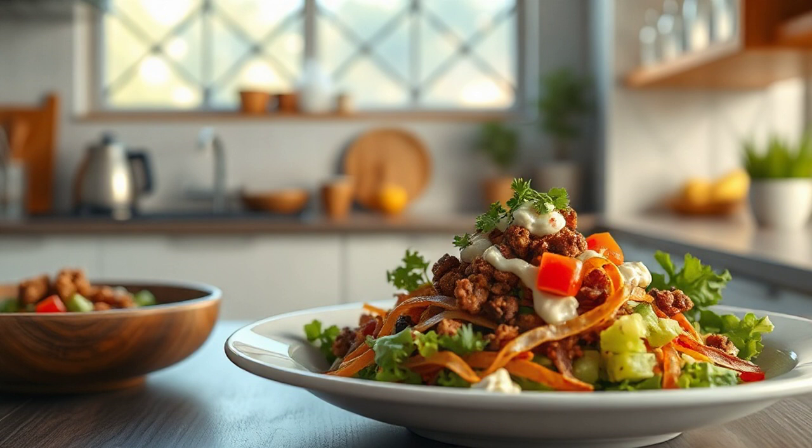Next up is a keto taco salad bowl that brings all the flavor of your favorite taco night without the carbs. This is perfect for work lunches because it's hearty, satisfying, and easy to pack in a container. You start with a bed of crisp romaine or mixed greens, then add seasoned ground beef cooked with cumin and chili powder. Top it with shredded cheddar cheese, diced avocado, a spoonful of sour cream, and some fresh salsa made from